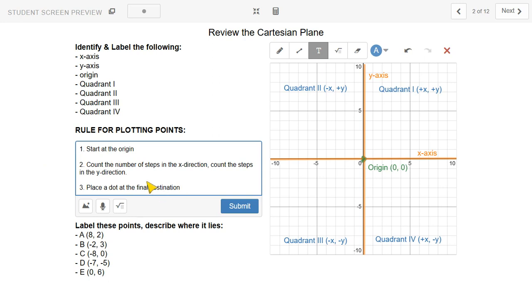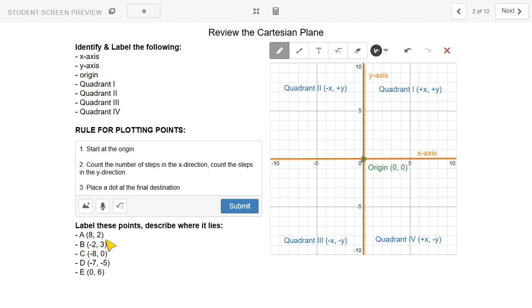Place a dot at the final destination. So I say final destination because it's like a map. We're starting at the origin. We're counting the number of steps that we're going in the x direction, and we're counting the number of steps in the y direction. Finally, we're going to place a dot where we land. So let's look at this. I have the point